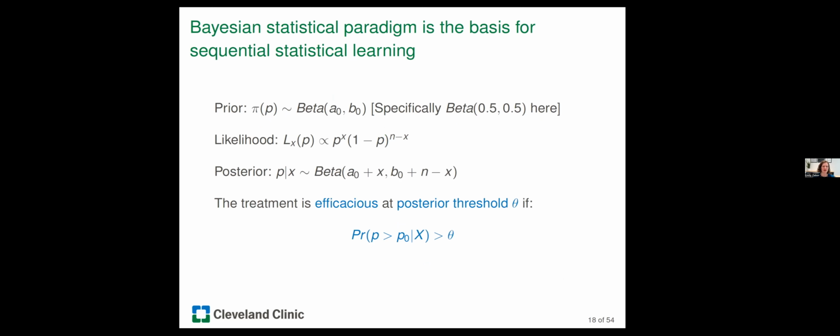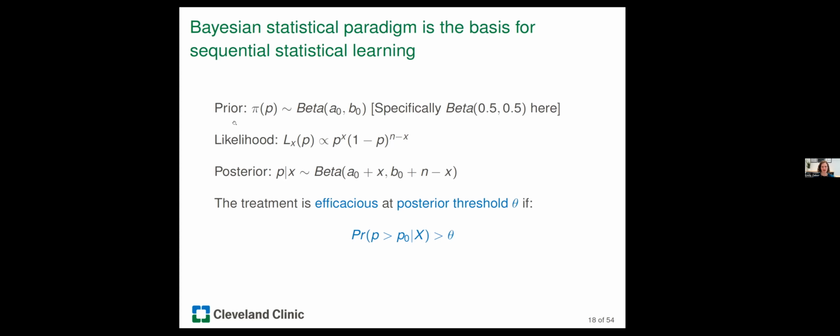And so I'm going to be using the Bayesian statistical paradigm for these methods throughout my talk, which has been the basis for sequential statistical learning and has been proposed quite a bit for use with futility monitoring in early phase trials. So this is not a new idea here, but